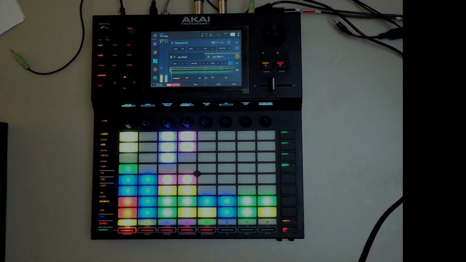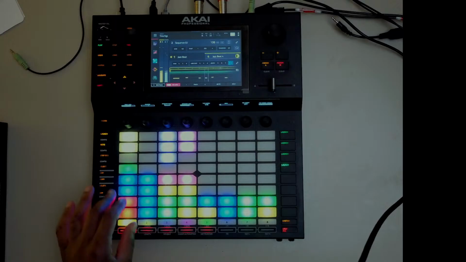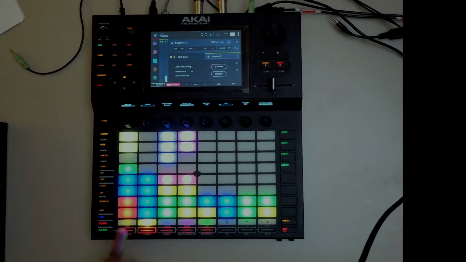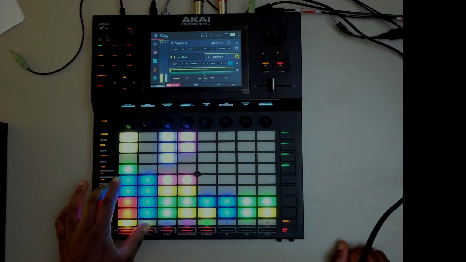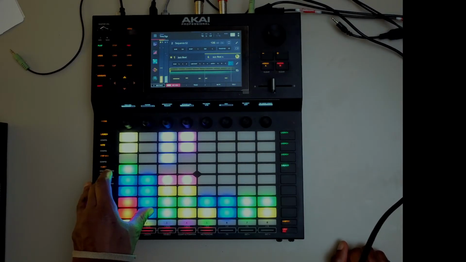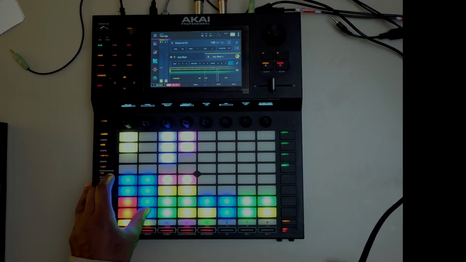Right. So now, why is that not showing? Let me just check something. Well, anyway, right. Say I wanted to get rid of that, or I only wanted to get rid of one bit. You can press delete and then the pad, and it'll only get rid of whatever's playing. You can do that on the rest of the MPCs, but again, it's just one of the things that just went right over my head. So again, to show you,